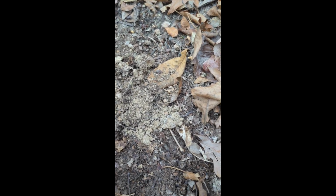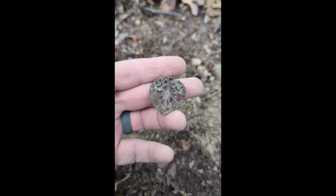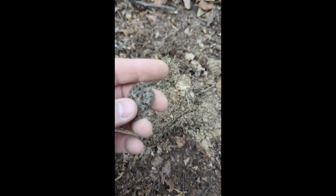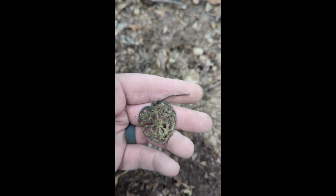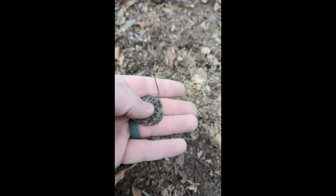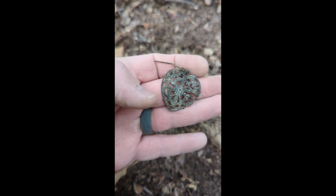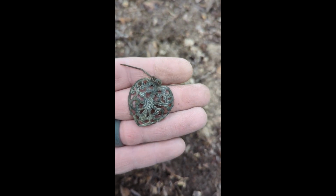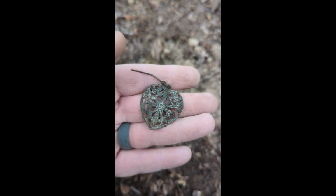Look at this. The strangest things you find out wandering the woods with a metal detector. Heart-shaped, not precious. That post isn't curved, but I'm assuming that means it's an earring. It's some kind of tin or something like that, but you know, where I'm at, it's poor country, would have been poor back in the day, and so they weren't going to be walking around with big old silver earrings, but